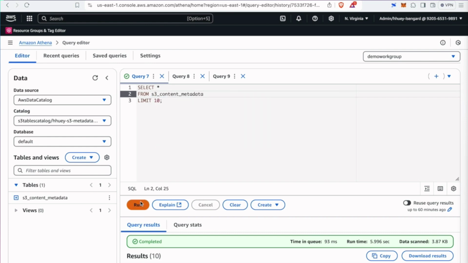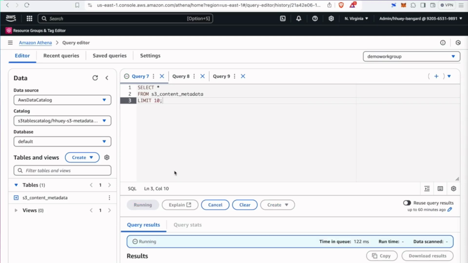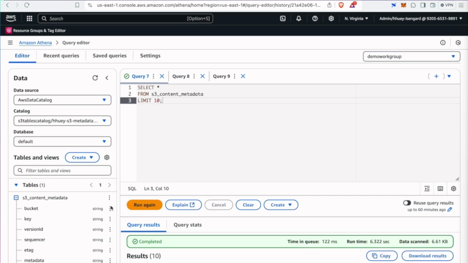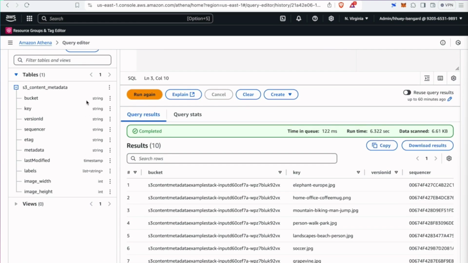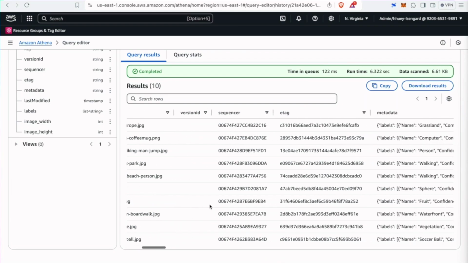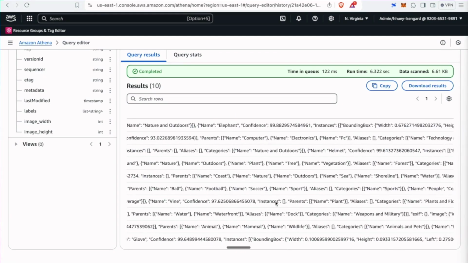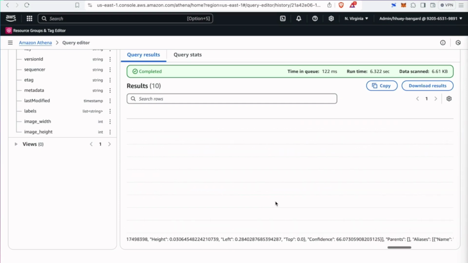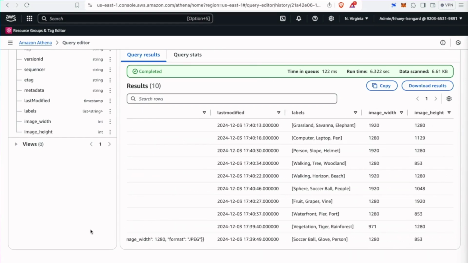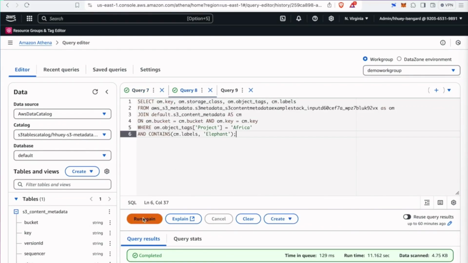I will now query the other table, the self-managed, so to speak, table in the table bucket. And this one will have the Lambda-extracted metadata inside of it. And to show the schema, here's roughly what it looks like: bucket, key, version ID, but also things like image height and width, and this column called metadata, which is just a JSON dump of all the technical metadata that we extracted, but also labels here,